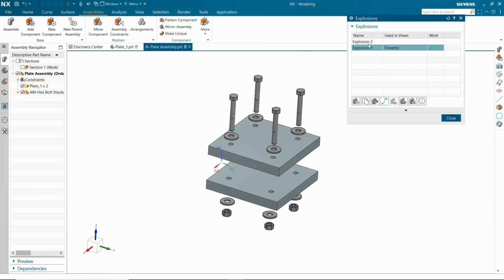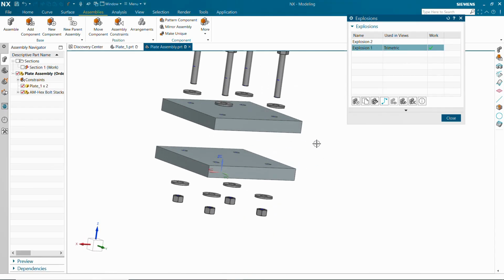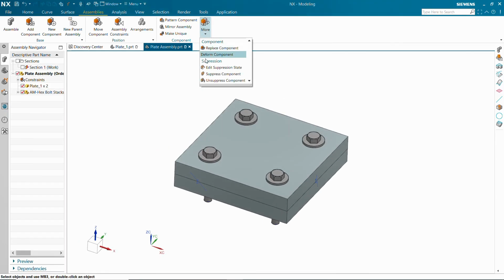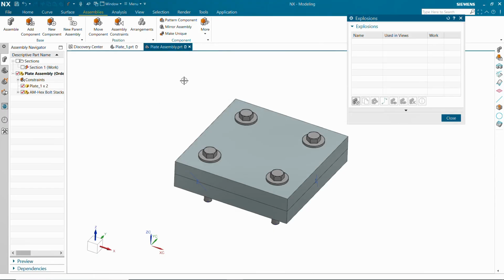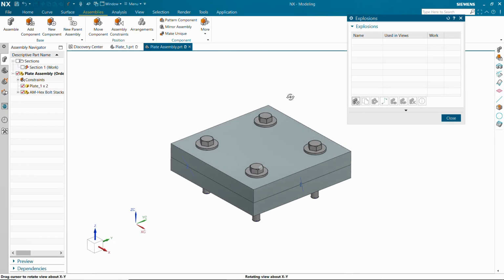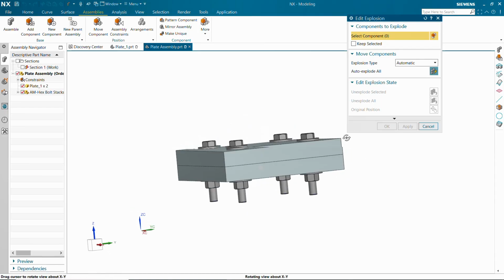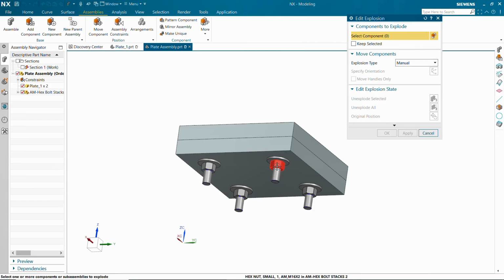In the NX software, you can create the assembly and disassembly sequence by means of explode and collapse. So go to the menu bar and the assembly section. You may find the explosion. So create the new explosion